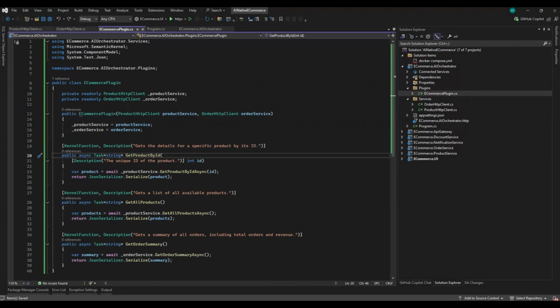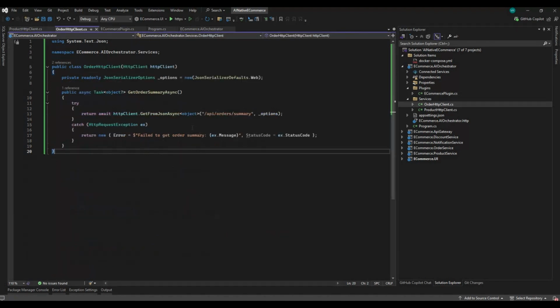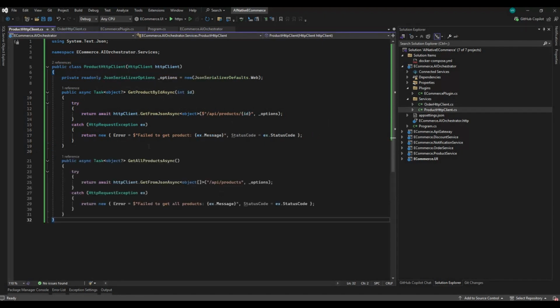Now this plugin will be calling two HTTP client classes for product and order, because they will be the two targeted areas for our AI orchestrator service. Now these client implementations are specific to making a call to an API endpoint of the specific service, which is order, and also product, and getting the information depending on the configuration that we are